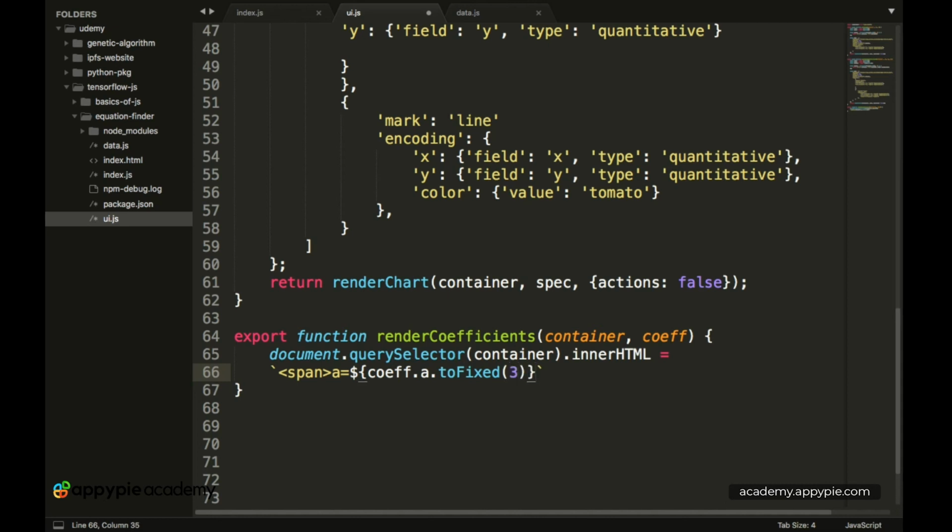Okay, so then similarly we have the value of b. Let's first copy this, and paste it. So we have b is equal to, so we are displaying the values of all of the coefficients. So we have b is equal to coefficients.b, and then similarly let's go on a new line.